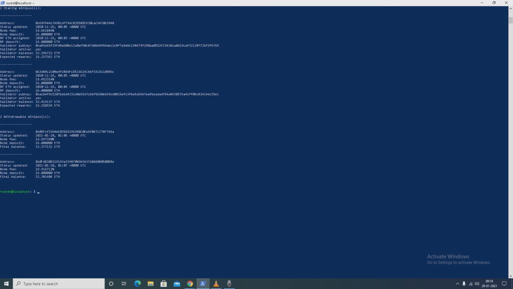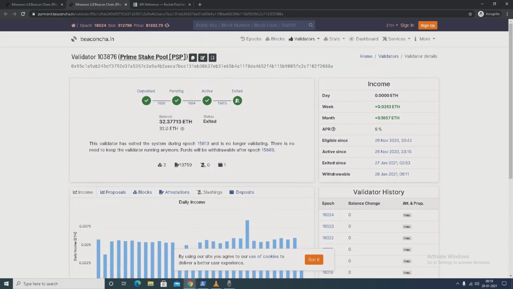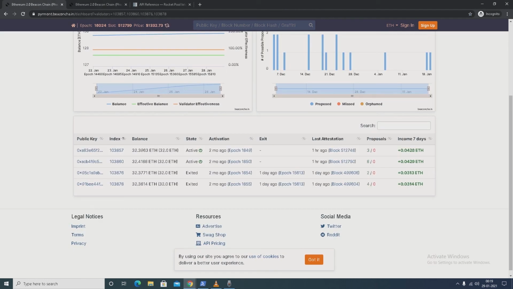After more than 12 hours, we have the status on the Beacon chain. These two validators, the first one, I'll show you the status.